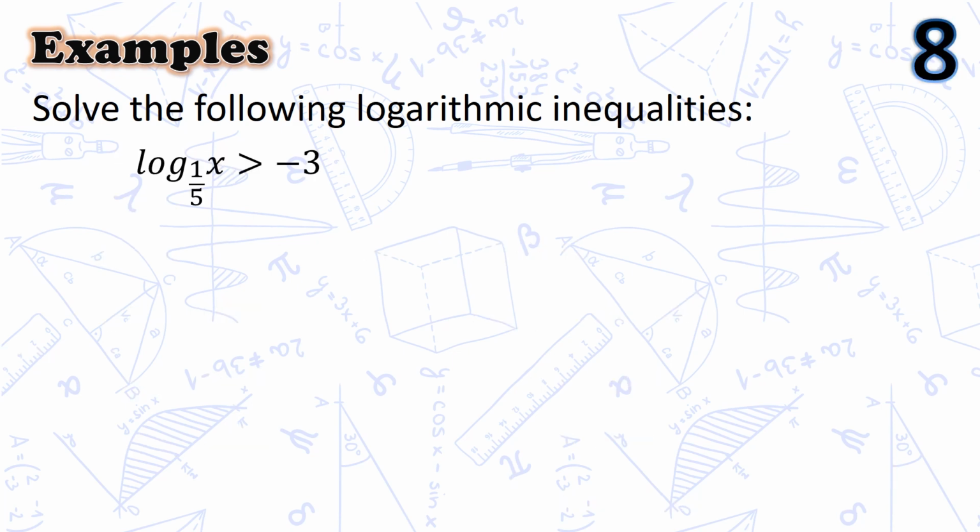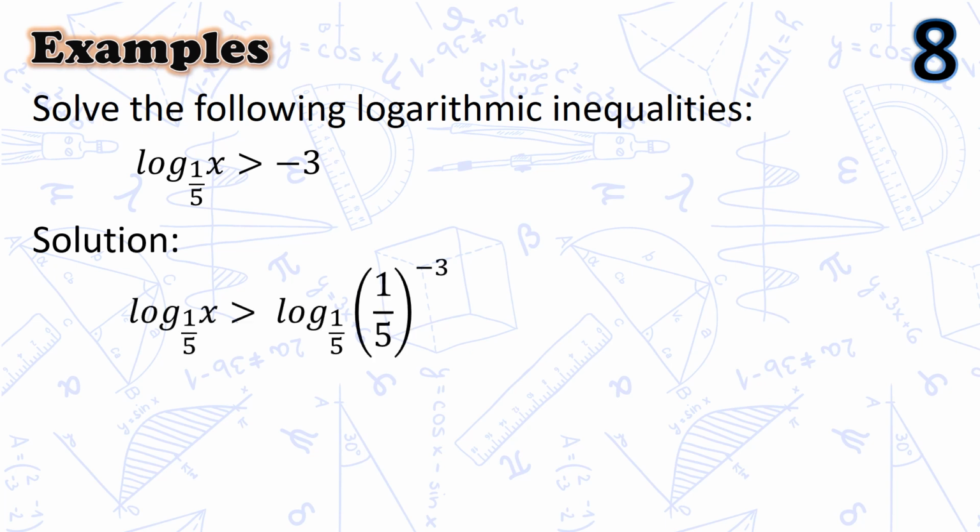Next example, the logarithm of x to the base 1/5 is greater than negative 3. Let us have our solution. So we can write this as logarithm of x to the base 1/5 is greater than the logarithm of 1/5 raised to negative 3 to the base 1/5, by inverse property. Since the base is between 0 and 1, therefore we can write this as x is less than 1/5 raised to negative 3. And 1/5 raised to negative 3 is 5 cubed. Therefore, x is less than